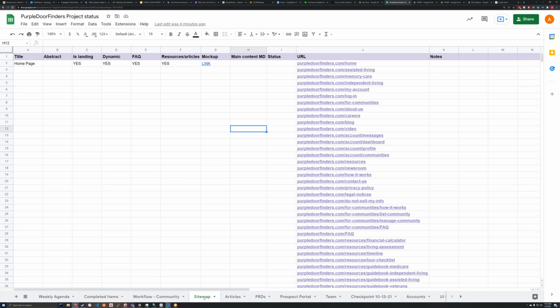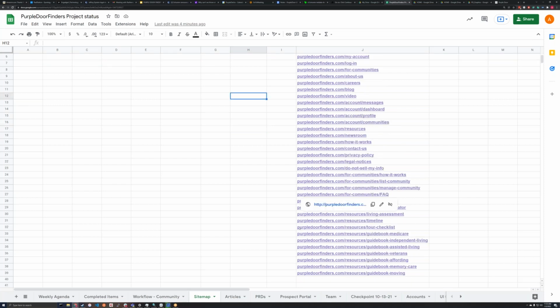Am I allowed to change the names of these URLs? Yeah. With the exception of the community portal preface, all the other ones I think are changeable. Do we really want to have this? I know it's kind of nice for you visually.